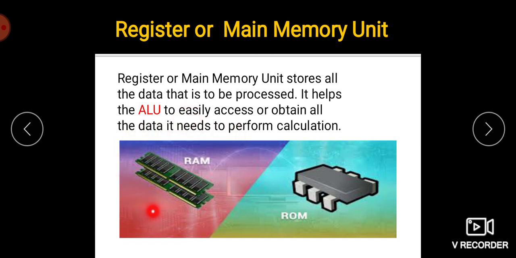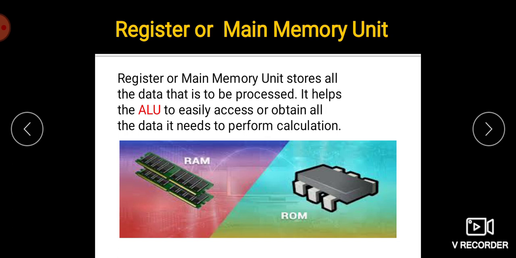So there are two examples of internal memory, RAM and ROM. My dear students, this type of internal memory is volatile in nature. It has a small space. It can't store large amount of data permanently. So to store large amount of data, we need external storage devices.